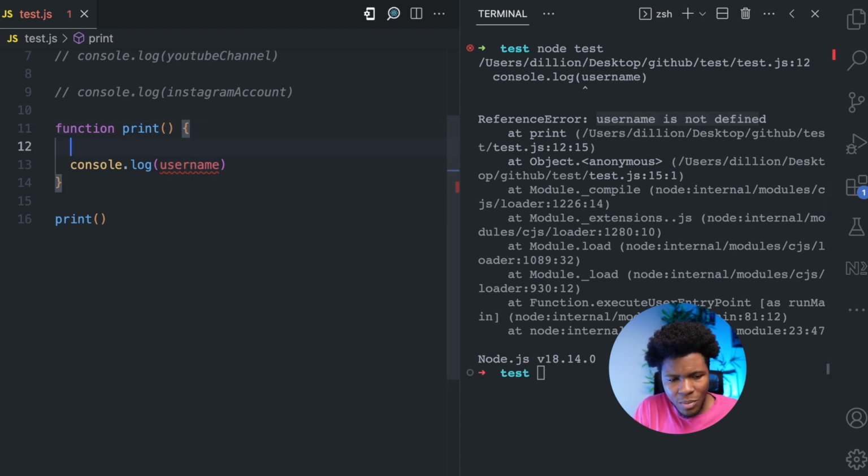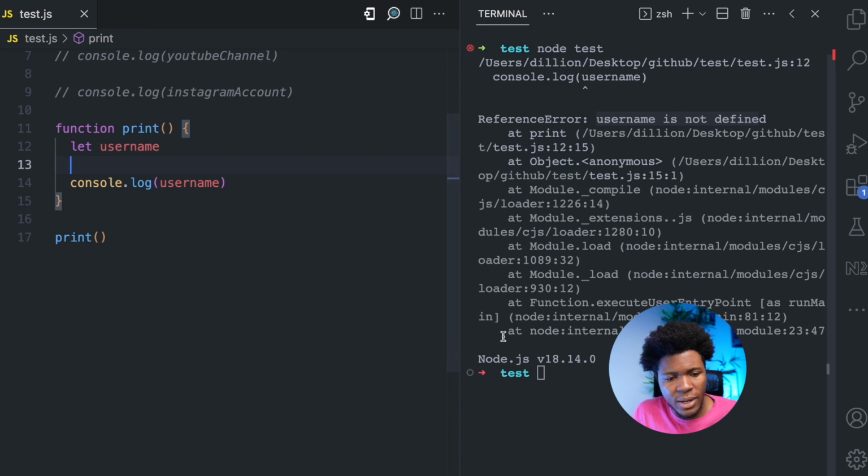But now let's say I come here and I declare a variable called username, but I don't assign it any value, and I try to access username again. If I run this, you see,